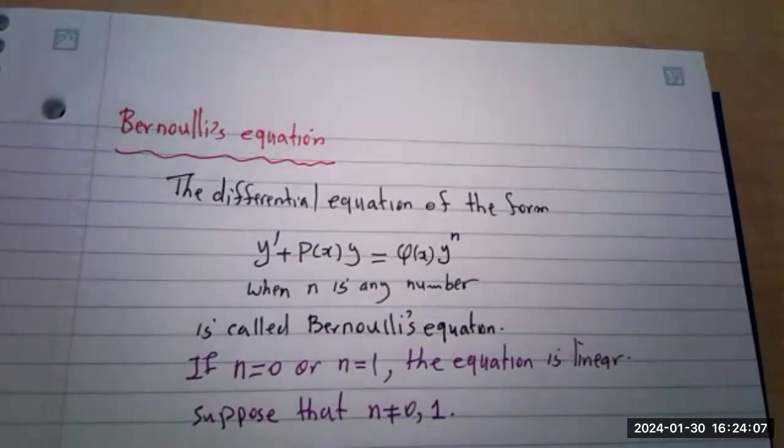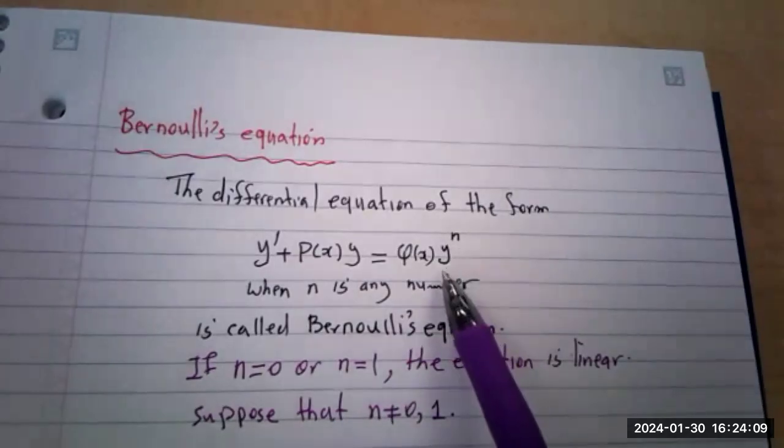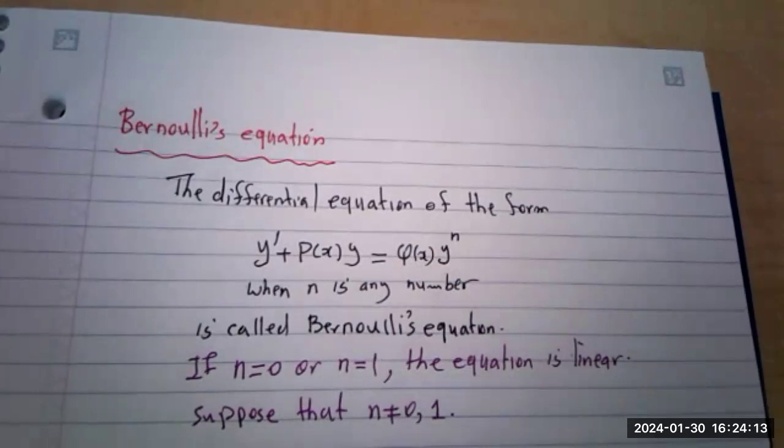In order to solve it in general, this is the extra term that we have over here. If that extra term was not there, then that equation was linear. So divide both sides by y to the n. We're going to prove the method, then you can use it. But you have to do this one when you do each problem. So to solve the Bernoulli equation,